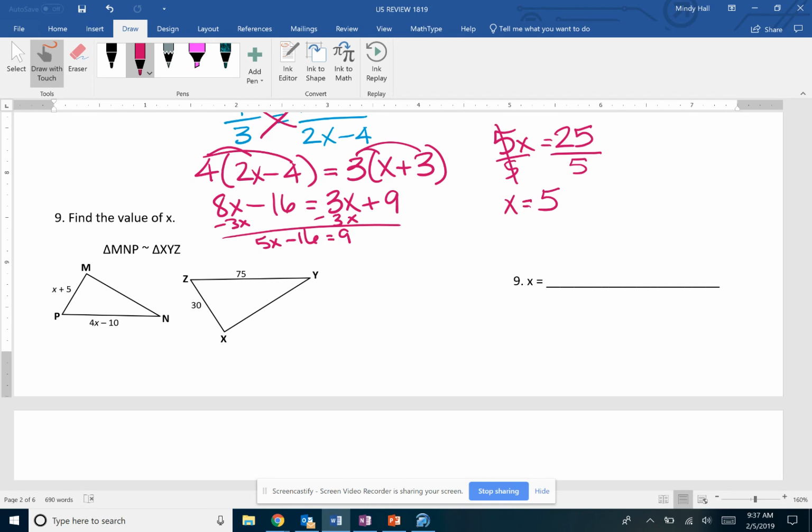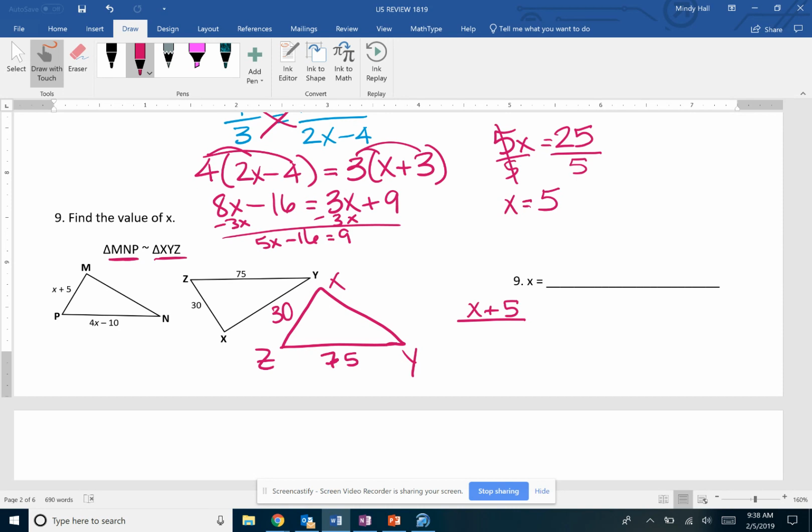So then looking at this shape, because they're oriented differently, it is easier for me to see which ones are similar if I just orient them the same way. So I'm just going to flip this ZYX upside down. That way I can see it a little bit easier. Okay. The other thing that will help you is if you look at their similarity statement, that tells you what corresponds. So MP, which is x plus 5, corresponds to XY, which is,